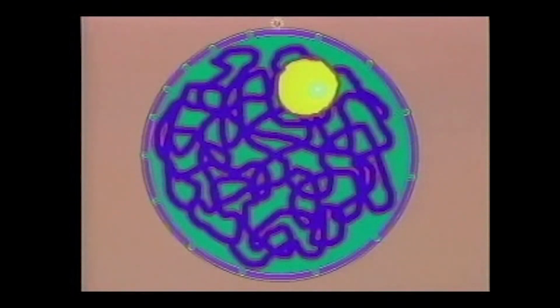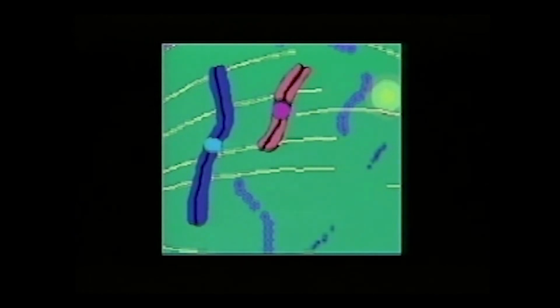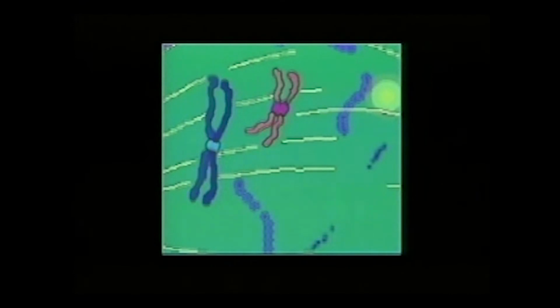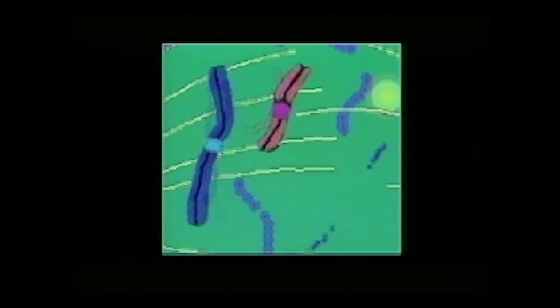Under close examination, we find that in early prophase, each individual chromosome, whether tall or short, has a rather thickish appearance. This is because the DNA of each chromosome has replicated itself during interphase. On looking even more closely, we see that each chromosome actually consists of two parts called sister chromatids that contain the duplicated DNA. At first, the sister chromatids are stuck very close together all along their lengths.